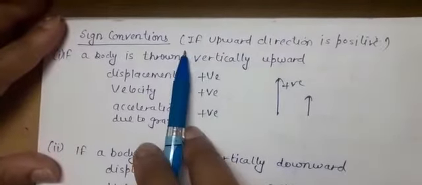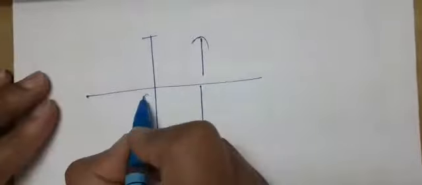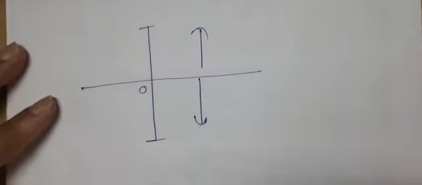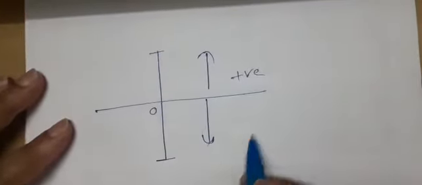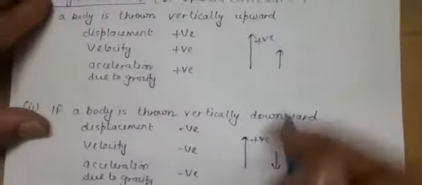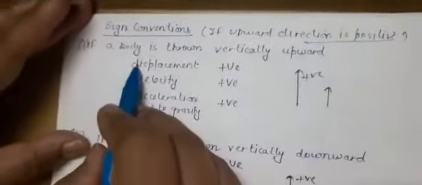Now first is, if the upward direction is taken to be positive. To understand it, let me take that we have 2 directions. Either a body can move upward or the body can move downward. Now, it is our choice, as per the concept of origin, that upward is positive and downward is negative. So basically the upward direction is always taken as positive and the downward direction is negative. So when we take the upward direction as positive, we have to make it a standard result. As per this, if the upward direction is taken as positive, our case is when a body is thrown vertically upward.